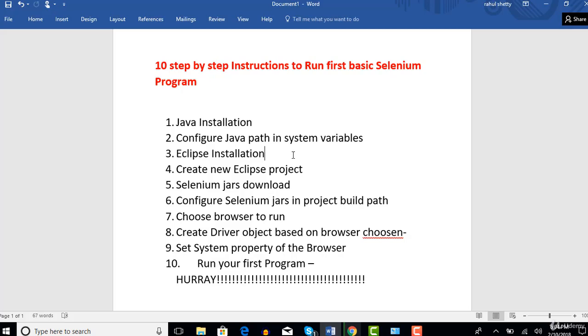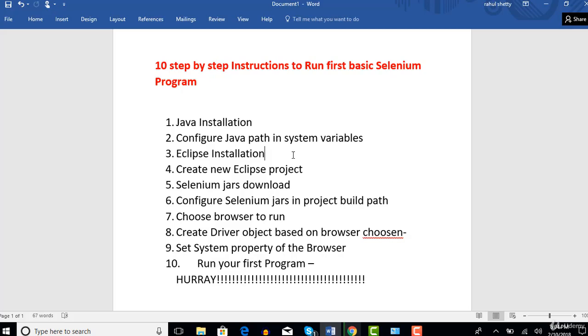You need to write your script, right? For that you need to have one editor. Out of all these, Eclipse is my favorite, and most companies use Eclipse for Selenium because it is open source and free. IntelliJ comes with a paid version, so that's the main reason people generally prefer Eclipse as their IDE to write your Selenium test cases.